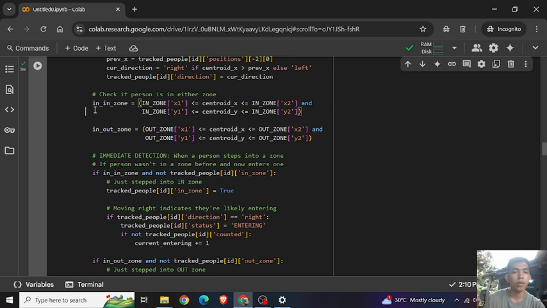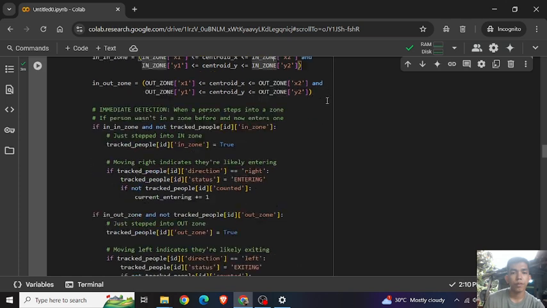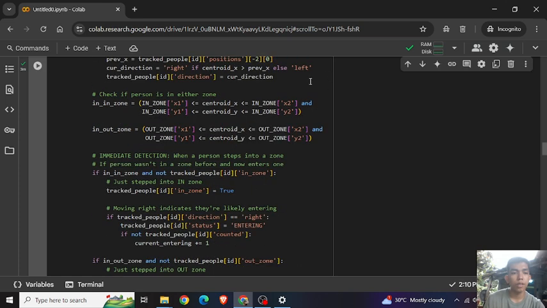So in_zone checks if the person is inside the in zone. In_out_zone checks if the person is inside the out zone.